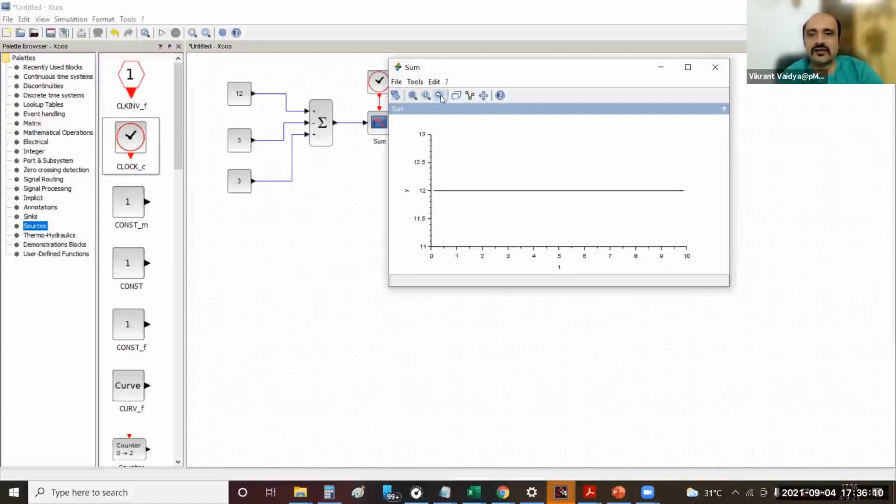So let me click on it. Now you see it has reframed, showing 12, and only for 10 seconds. Previously it was showing the graph for 30 seconds. Now it is only showing for 10 seconds. So till here it is all zooming and viewing tools.